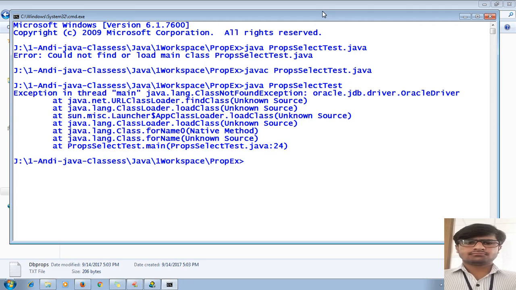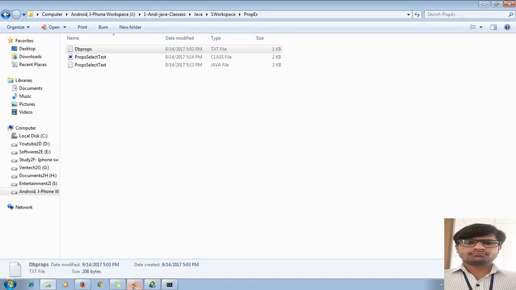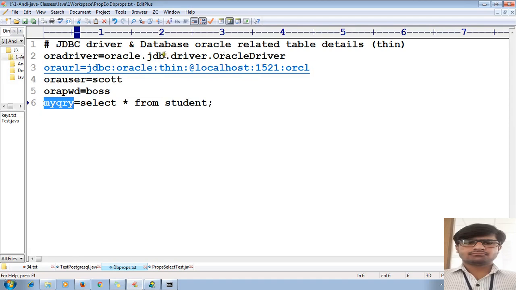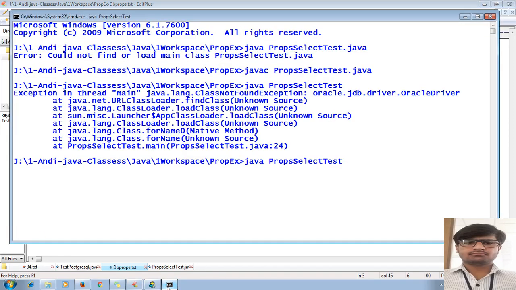Now here, oracle.jdbc.driver. So it's a spelling mistake, boss. Let me load the driver class name. So where is that driver class name? It was an error. Oracle.jdbc.driver.OracleDriver. So here, jdbc:oracle:thin:@localhost:1521:orcl. Let me rerun now. Now you can see